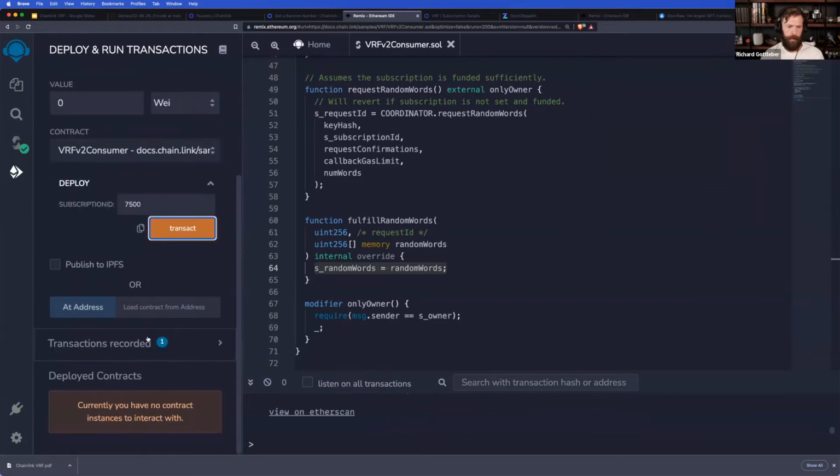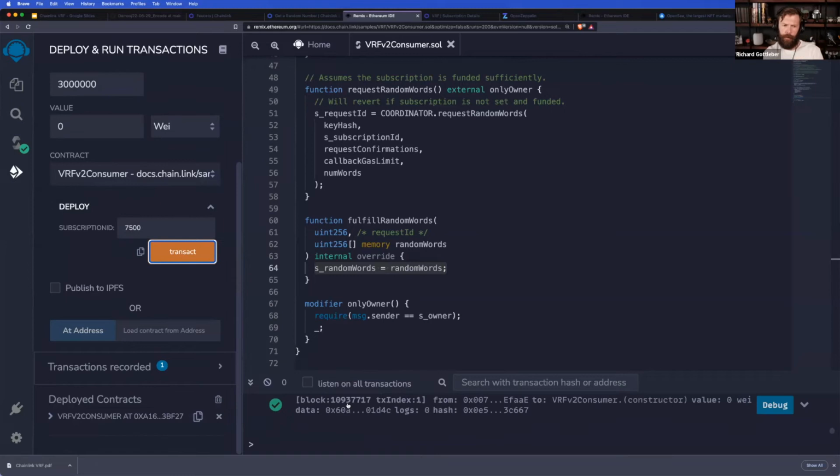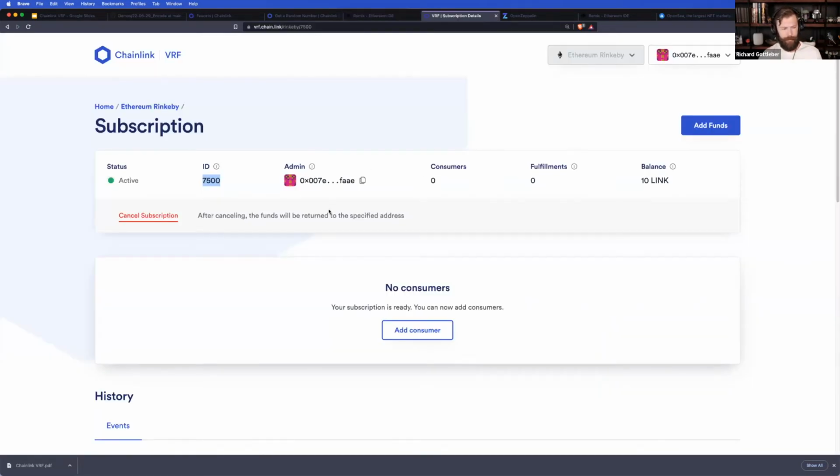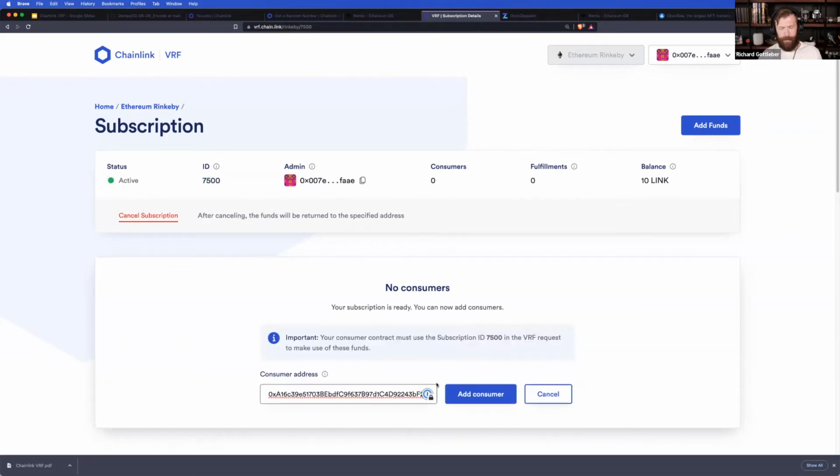Now we'll wait for this to actually be deployed. So we've deployed our contract and we've told it about our subscription. Now we need to go to the subscription and authorize this contract that we just deployed to use that subscription. So copy our contract address. We'll head back to VRF subscriptions and we will add a consumer and we'll paste in the address and we'll